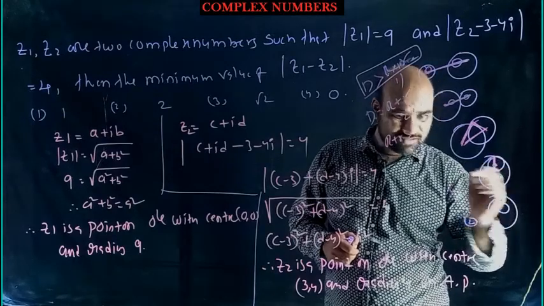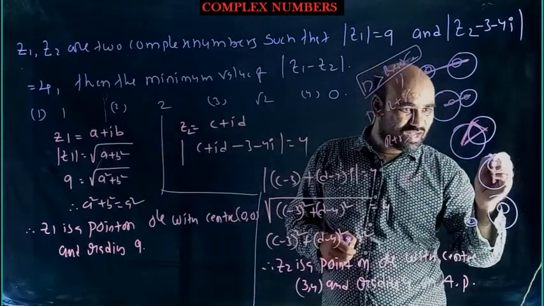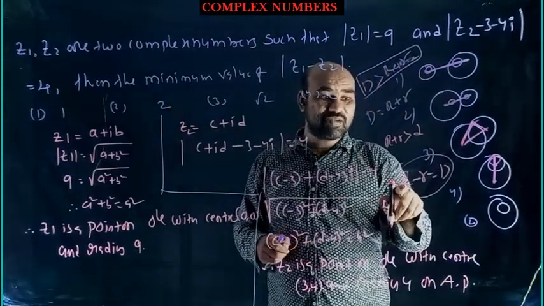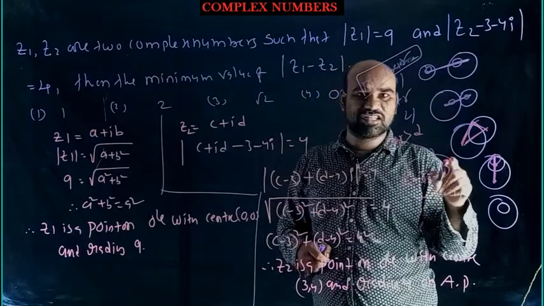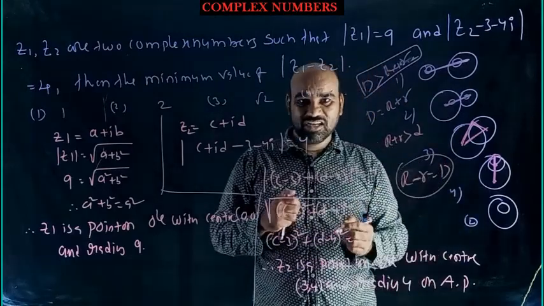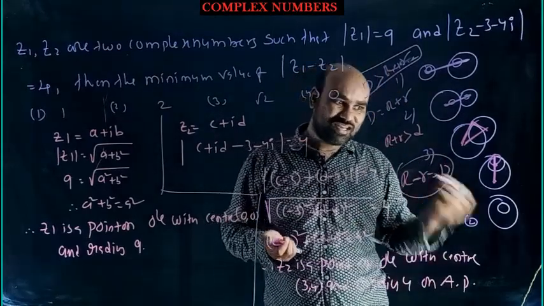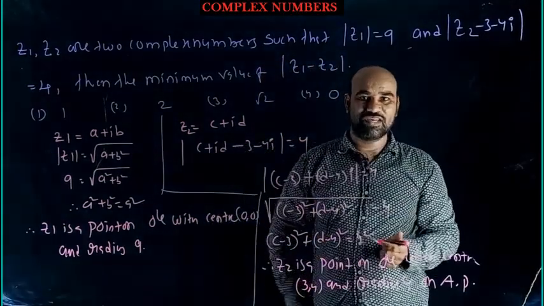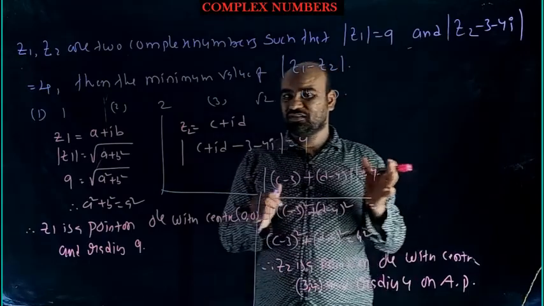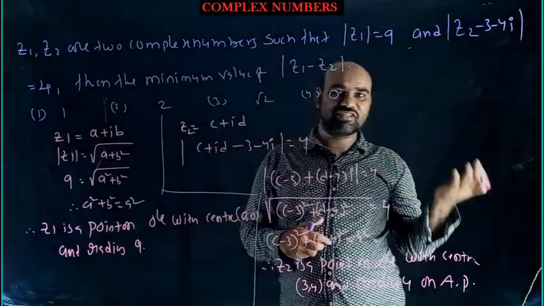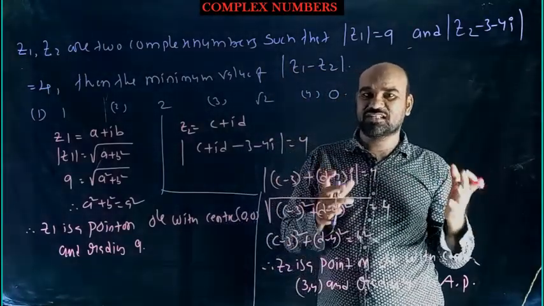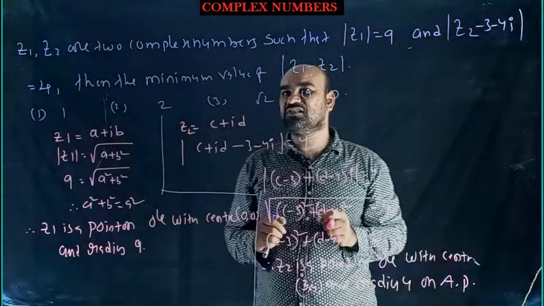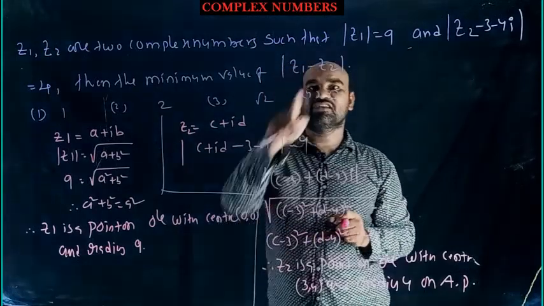Capital R minus small r equal to the distance between centers. You can say that they touch each other internally, or one circle touches another internally. Okay, students, I have just explained the position of the circles on the plane. So depending upon the relation between the radii and the distance between the centers only, you can say whether they intersect or touch each other or whatever. So depending upon the position only, you can find the minimum distance between Z1 and Z2.